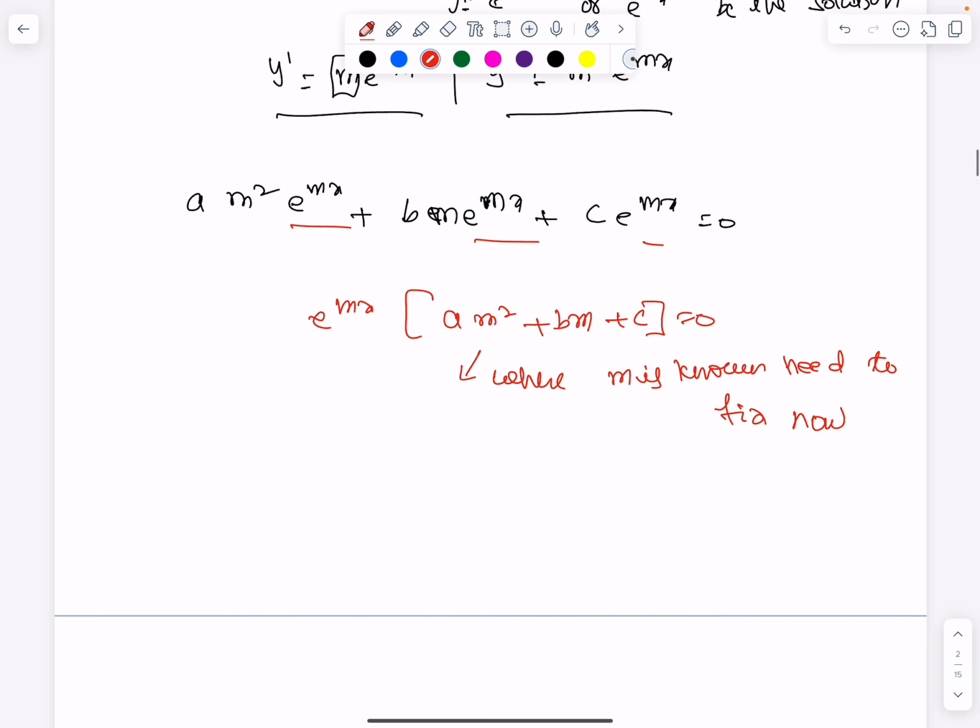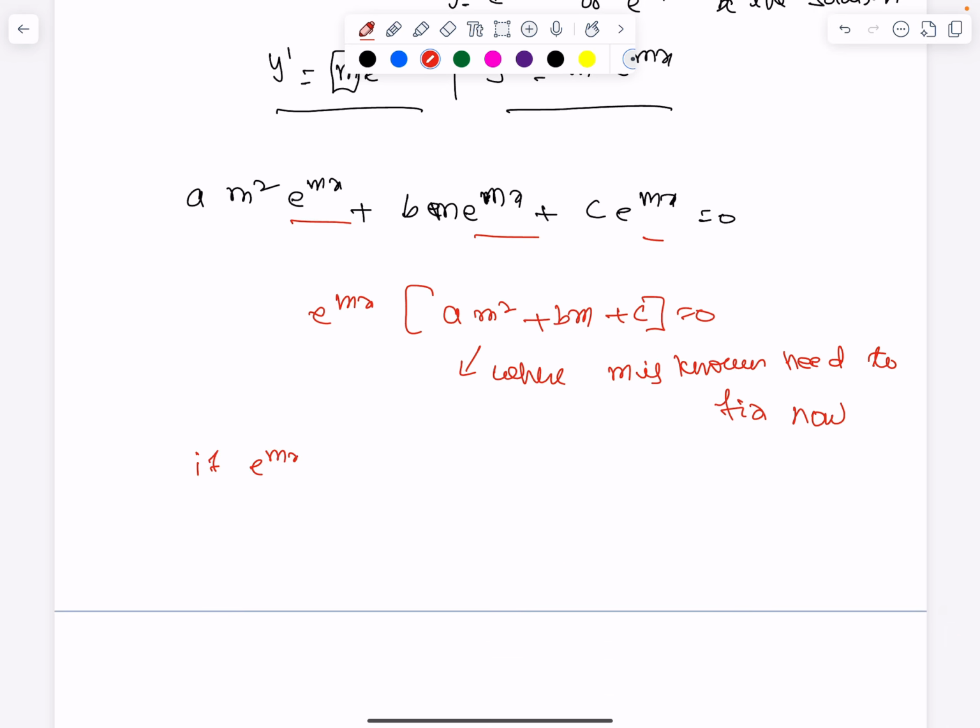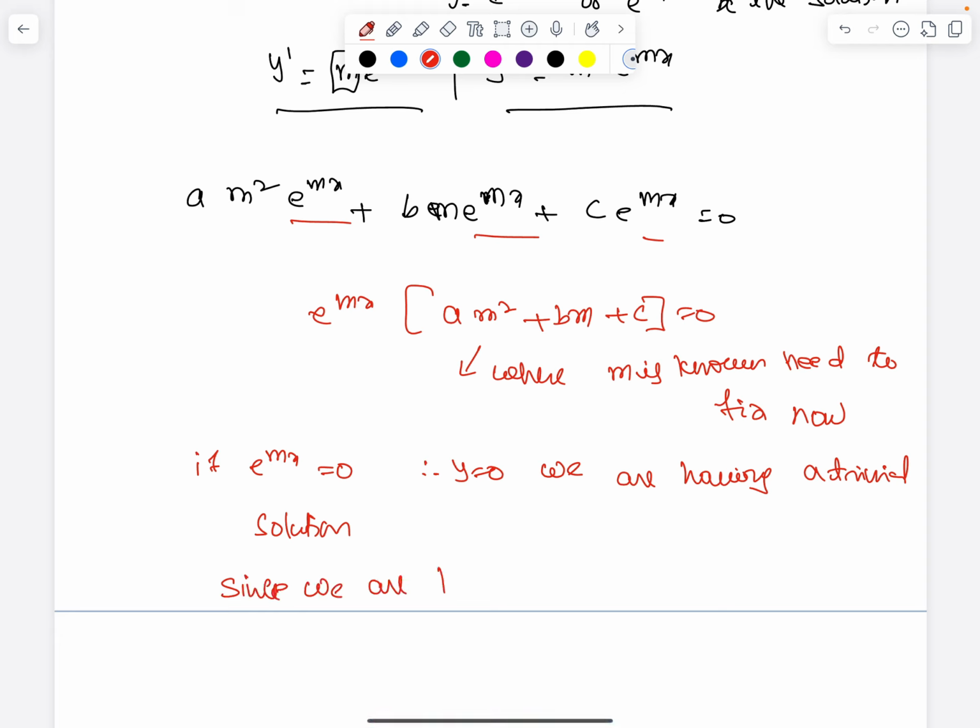If e power mx is 0, then y is 0. We are having a trivial solution. Any homogeneous solution, our differential equation is a homogeneous differential equation, always has a trivial solution. Since we are looking for a non-trivial solution,